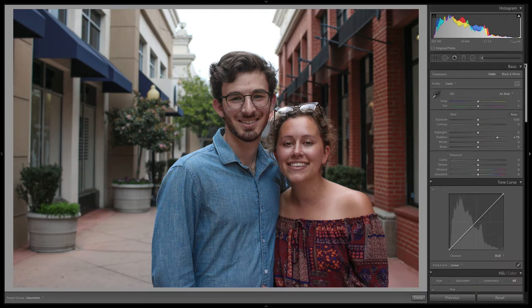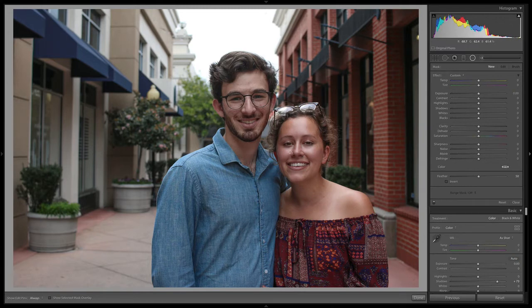Okay, so overall, this is looking pretty good. White balance, I actually like the white balance on them. I do want to warm up the photo a little bit more and have the attention on them a little bit more. The background is slightly blurred out, but it's still a little bit distracting to me.